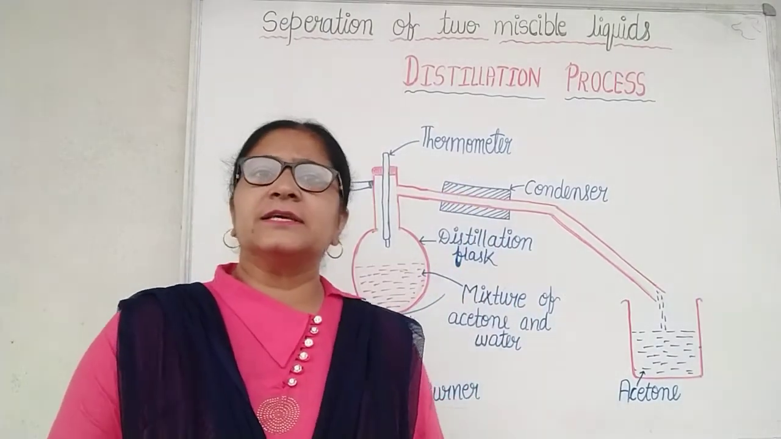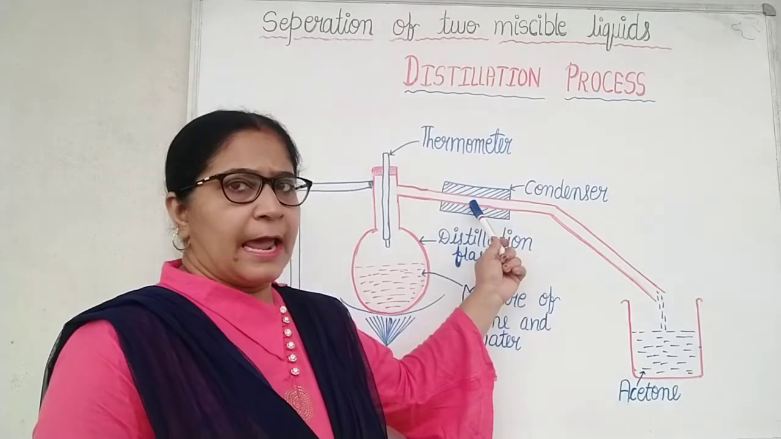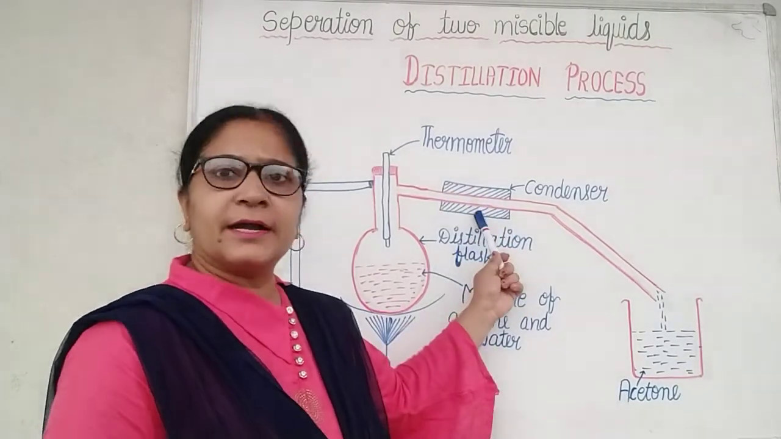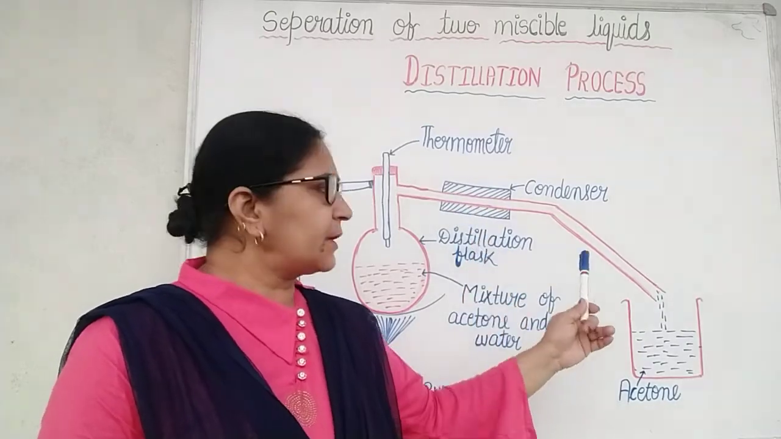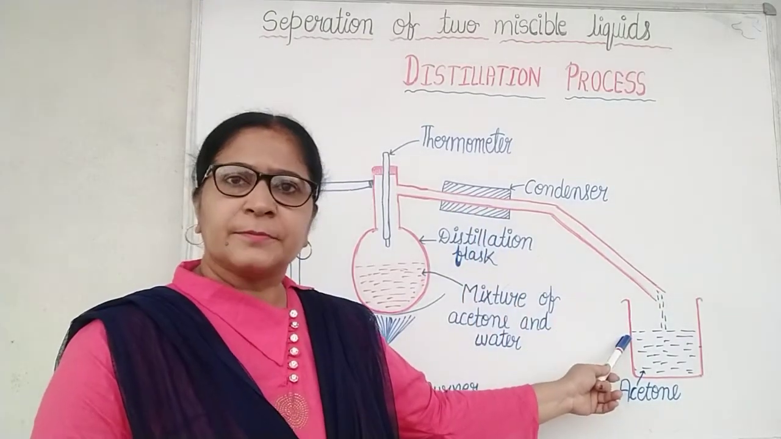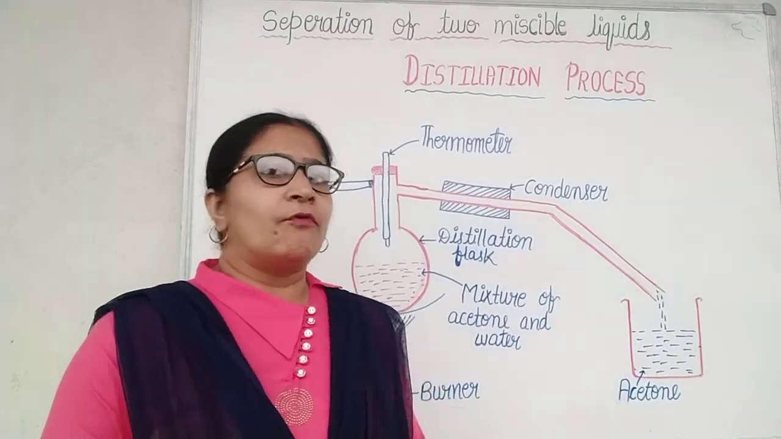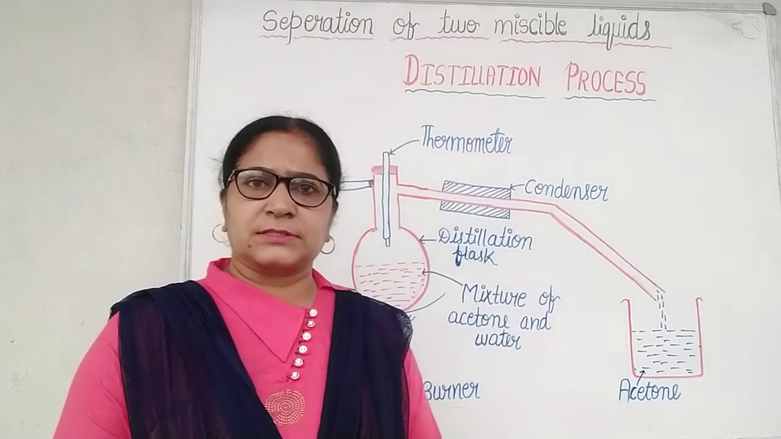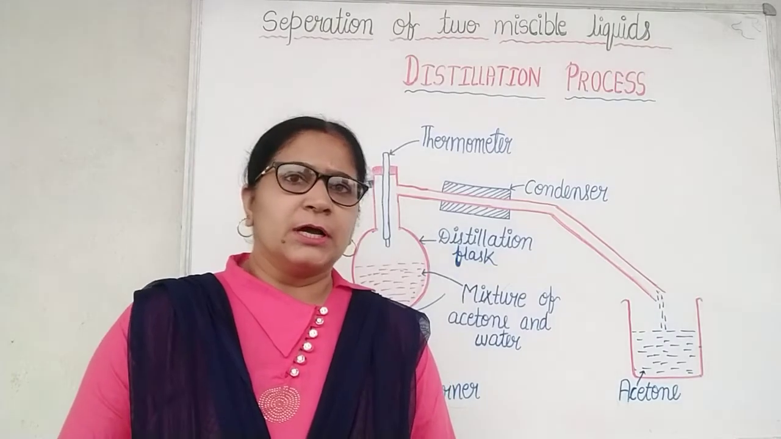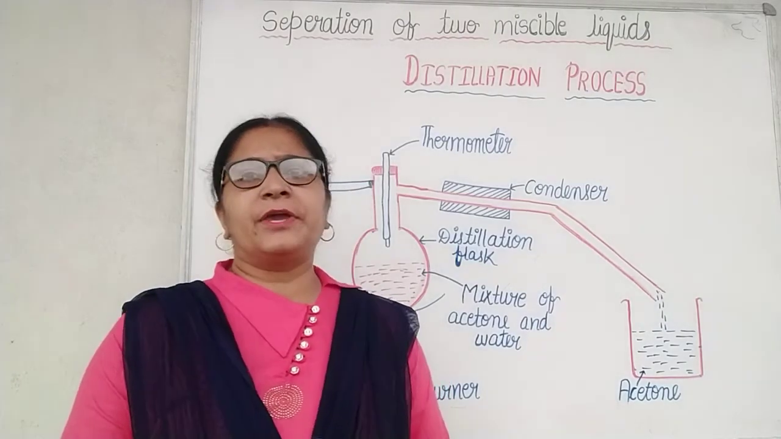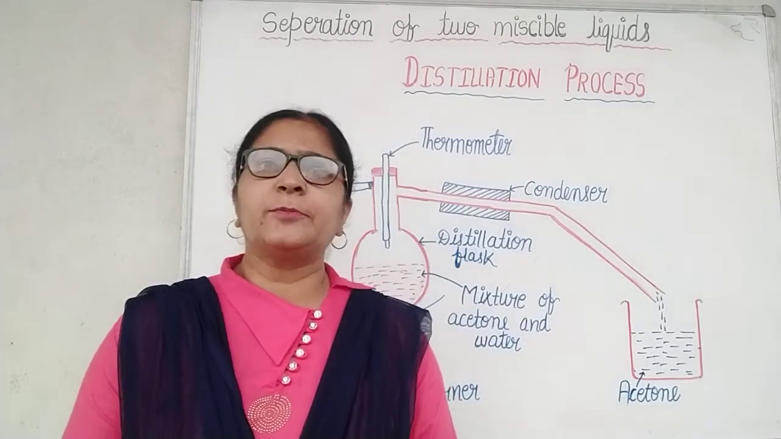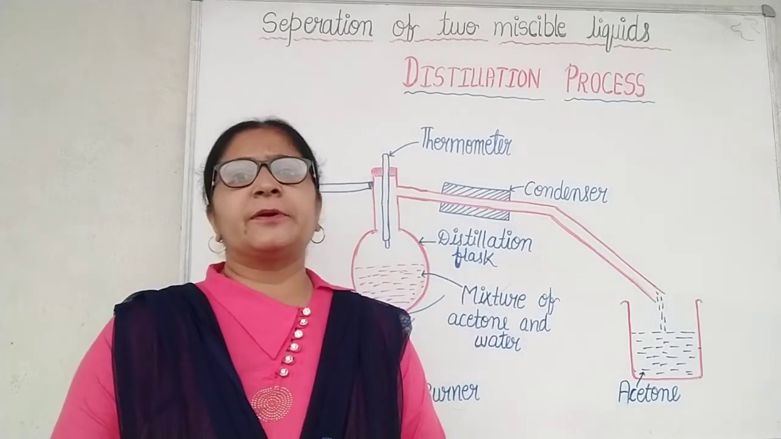condensed, as this is a condenser, and all the acetone is collected from the condenser in a separate beaker, right? Then we will see that water is left behind in the distillation flask. So we can conclude that two miscible liquids having a difference in their boiling points can be separated by the process